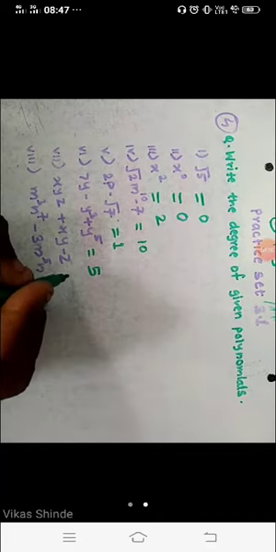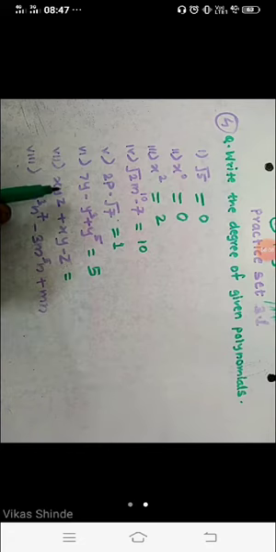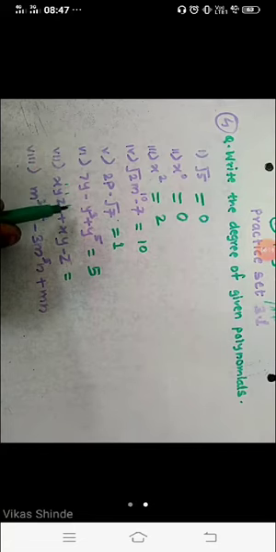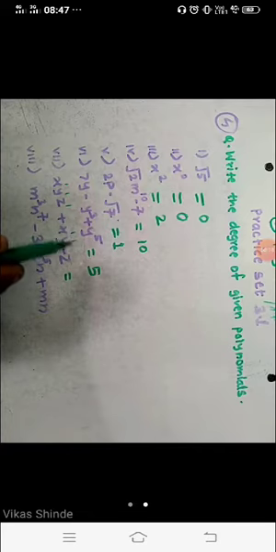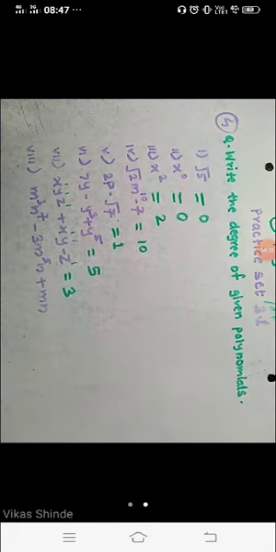Now for this one, the next question here, xyz, xy, and minus z. We have to count the index here. If you look, here is nothing means here 1, here also 1, here also 1. So here is 1 plus 1 plus 1, in the sense here 3. If you look, student, here is 1, here is 1, 1 plus 1, 2, and here is only 1. So this 3, okay. After adding the index, we get here 3. So this 3 is bigger here. So right now here is 3.